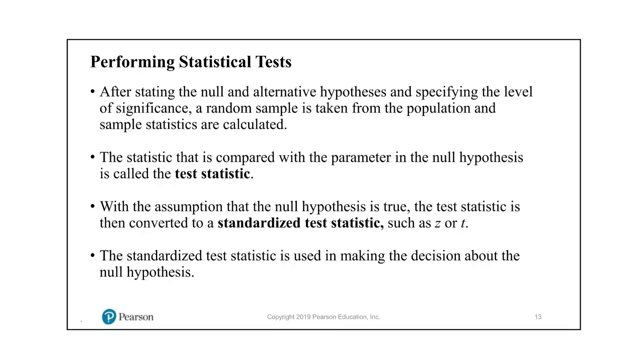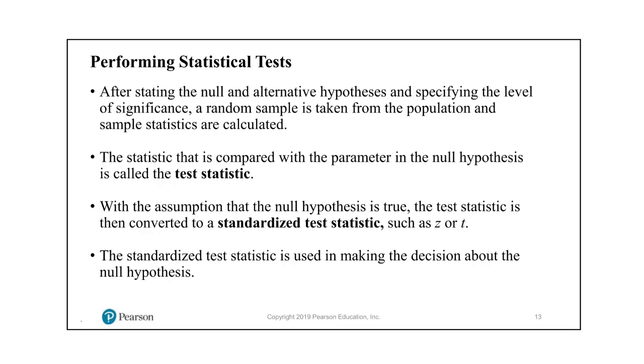Okay, so we're ready to see how the whole statistical test would happen. Let's go through these steps here. After stating the null and alternative hypotheses and specifying the level of significance, a random sample is taken from the population and sample statistics are calculated. This is the part where we take the sample and use it to test these hypotheses. The statistic that is compared with the parameter in the null hypothesis is called the